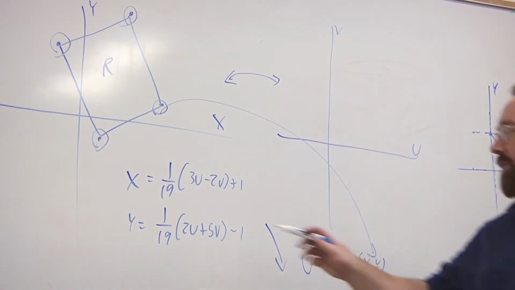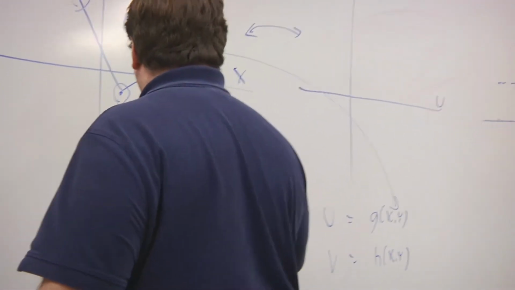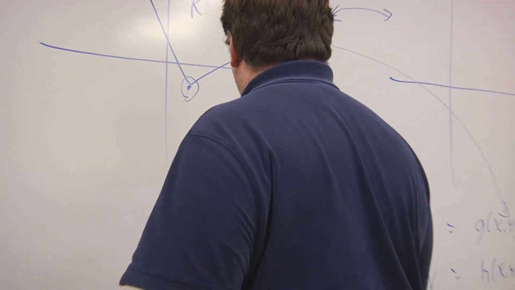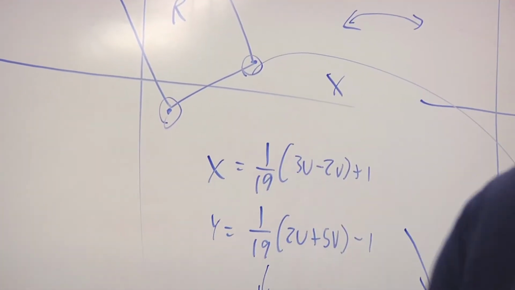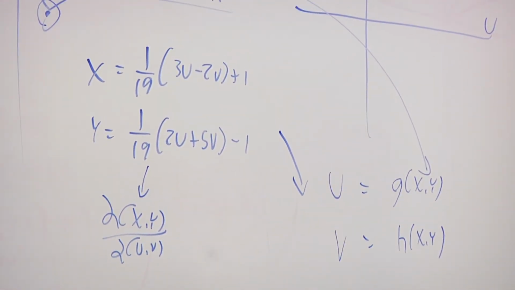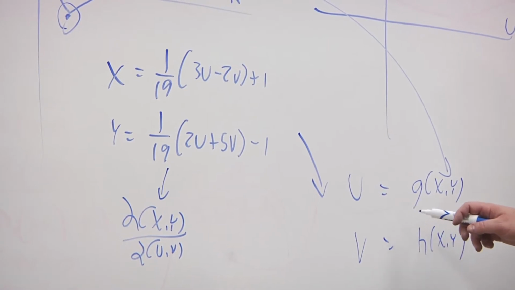You still need this information. You need this to get your Jacobian of x and y with respect to u and v. You'll include your integral. So once you have your limits in u and v and your Jacobian, then you can